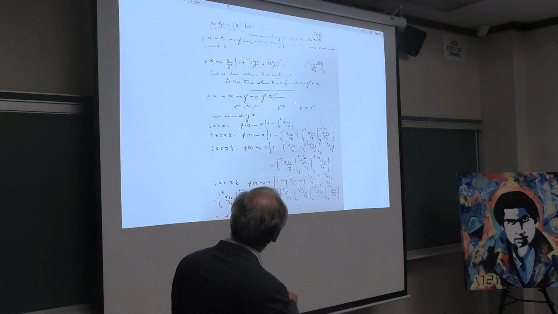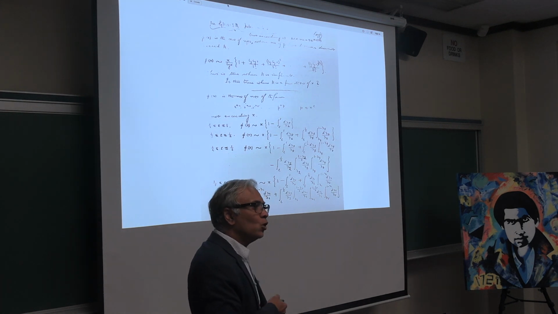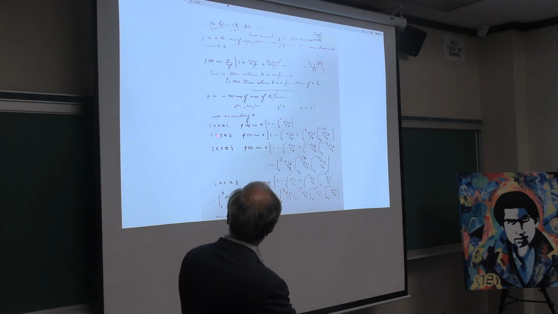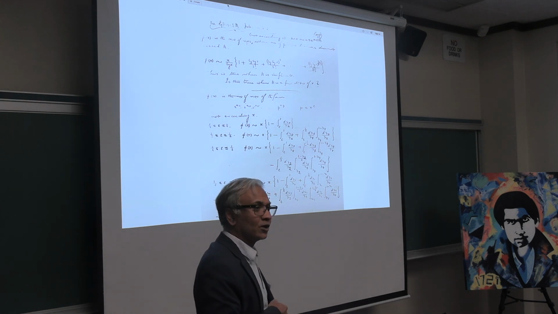This one is even more remarkable. He is asking about the number of integers up to x, where all the primes that divide it are no more than x to the epsilon. And I have no clue why he's asking this question. So this epsilon is some number which goes from 1/3 to 2/3, and so on, and he writes down formulas for what this asymptotic should be.